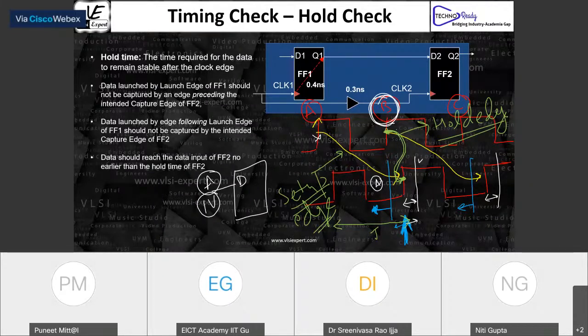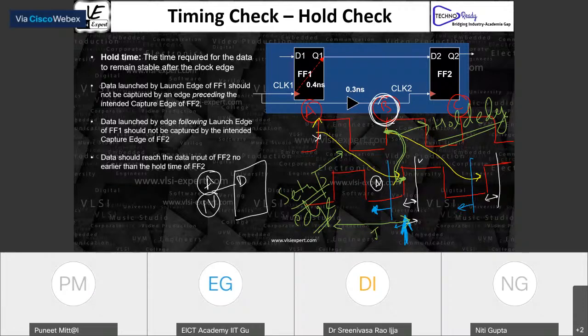So Venkat is asking, data reaching within the hold or setup window will go to the metastable state, but will not replace the previous data, and instead the data will be in an unknown state. If you're saying it's not going to replace the previous data, what does that mean? Replace the previous data.